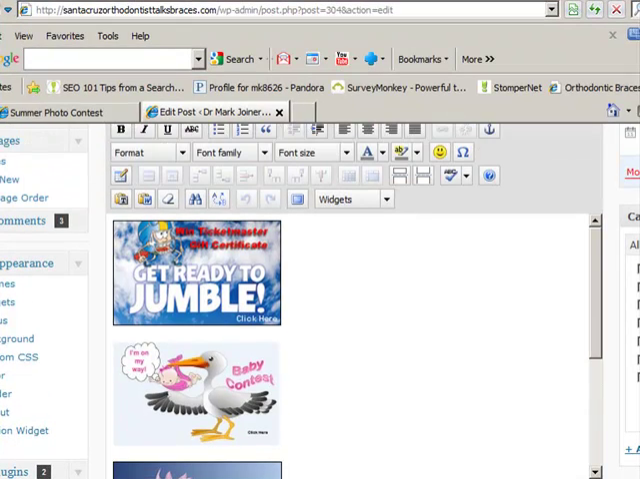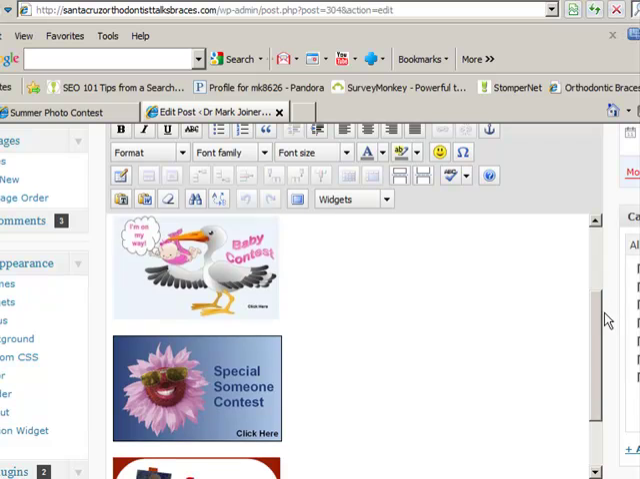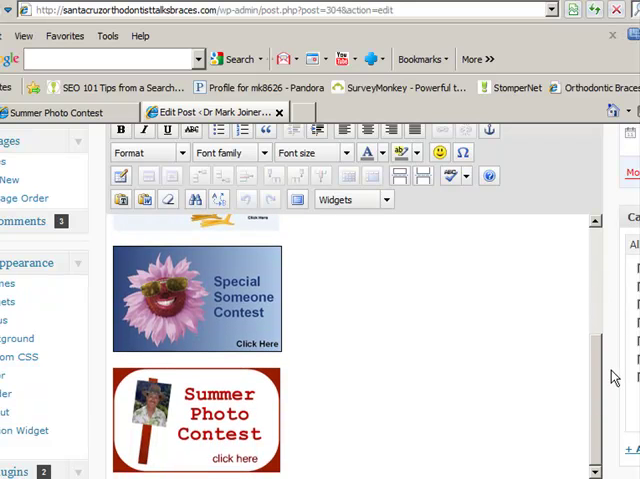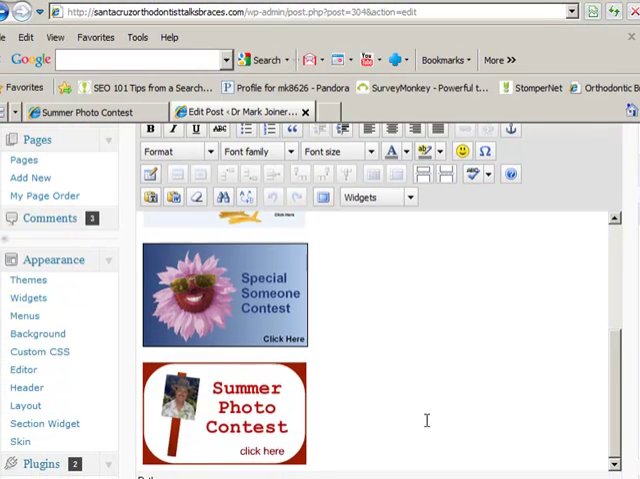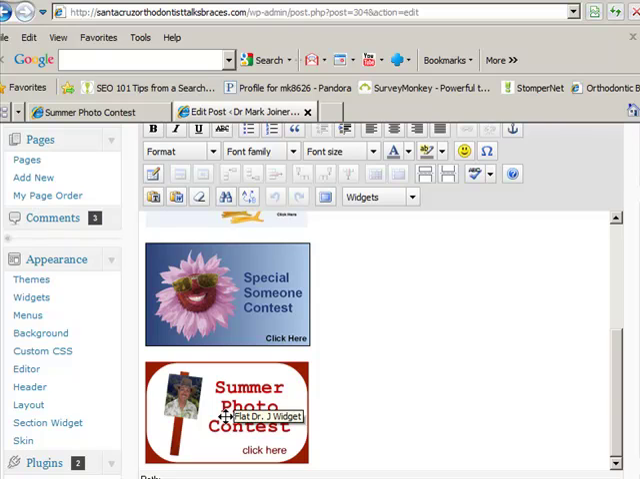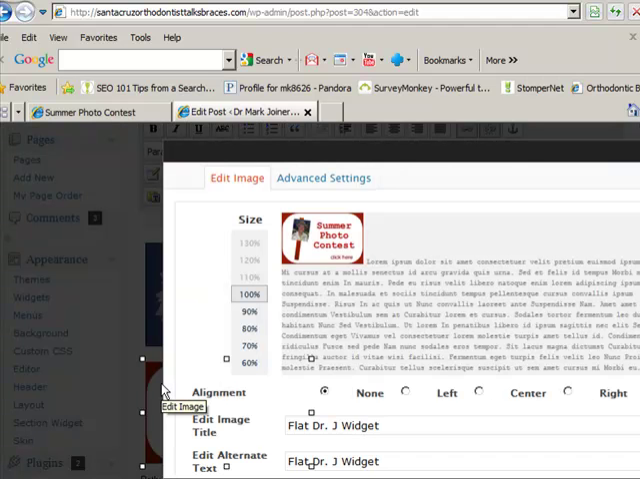And if you'll notice, there's some previous contests that the boxes are already ready to go, and I have already downloaded the contest widget that we are going to use for this contest, which is the summer photo contest. This has already been designed. We're going to go back in and click on it,